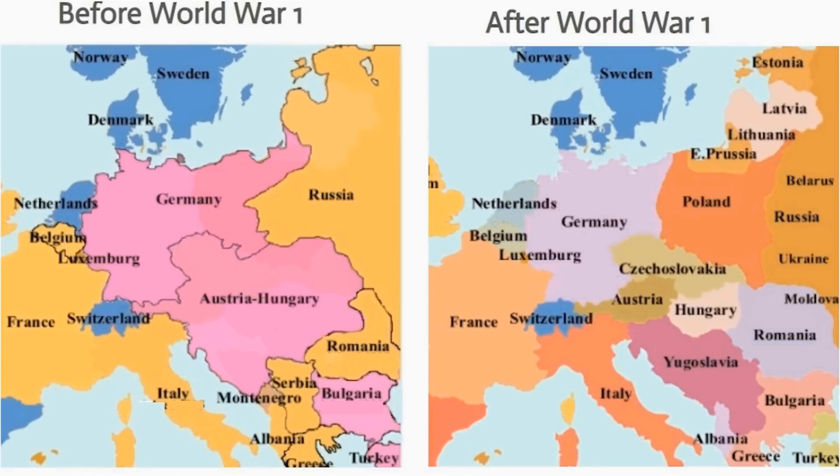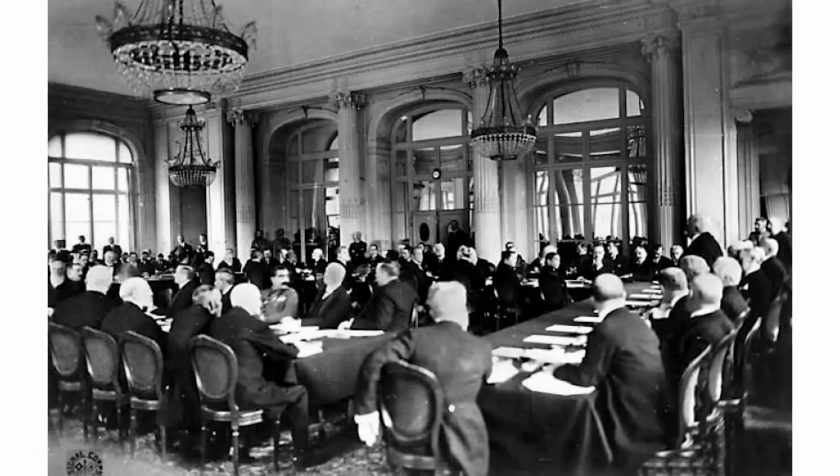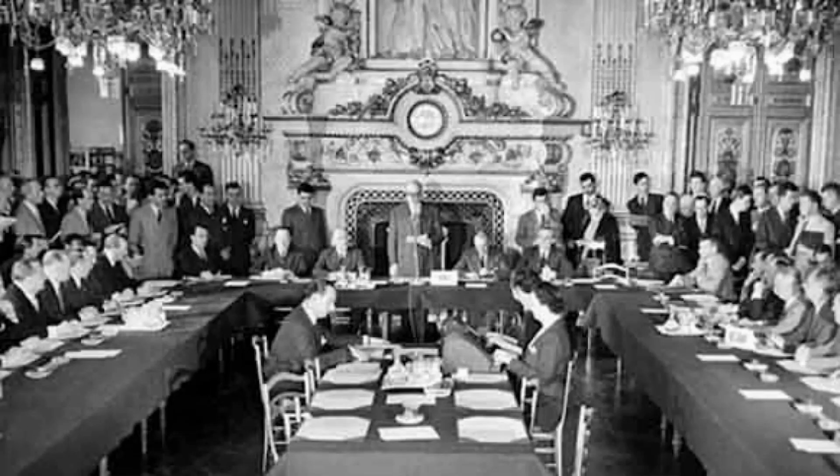On January 18, 1919, the four major countries, Italy, France, England, and America, gather in Paris for what is called the Council of Four. And the Germans are handed the bill for the war. 440 articles are imposed on the Germans. And on June 28, 1919, which is the same date when the war began on June 28, 1914, with the assassination, exactly 5 years later, an agreement is signed at the Palace of Versailles, and the war comes to an end. This is the bill for the Germans.